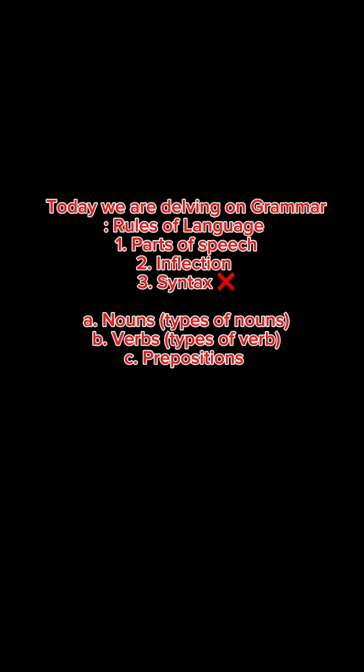And then another verb, we have a linking verb. It is a verb that connects the subject of the sentence with the subject of the complement. So this verb, as they say, is a linking verb. It links two things, or two parts: first the subject of the sentence, and then the complement. So a linking verb links the subject of the sentence as well as the subject of the complement.